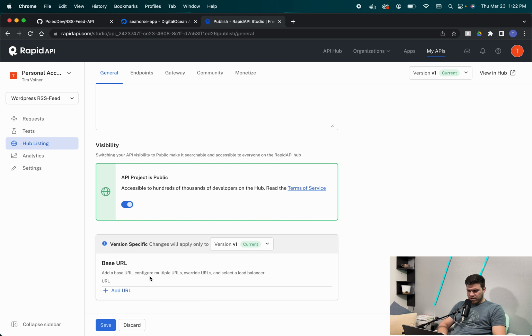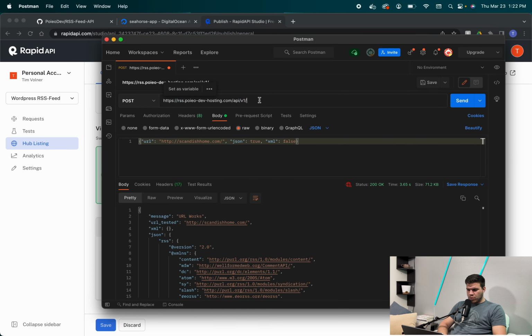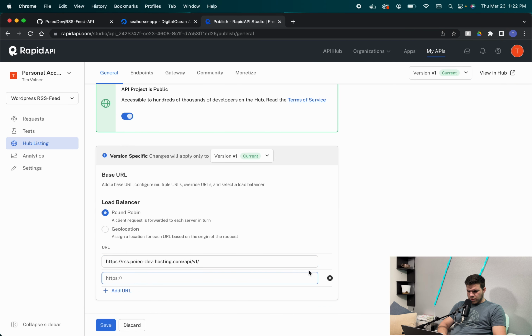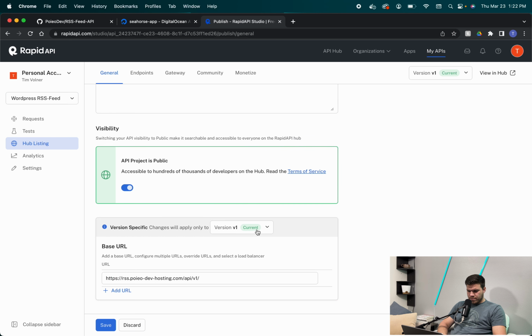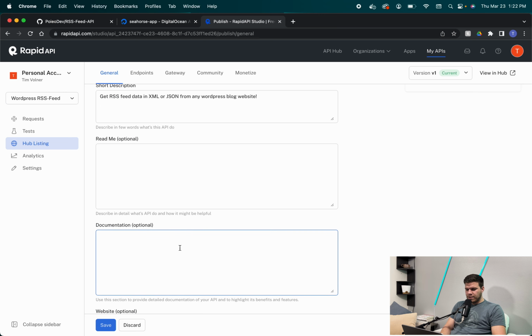Okay, we're going to publish it. So our base URL is going to be our main URL here. Okay. And okay, we don't need a second URL. Let's see, documentation. Let's add it into this. So